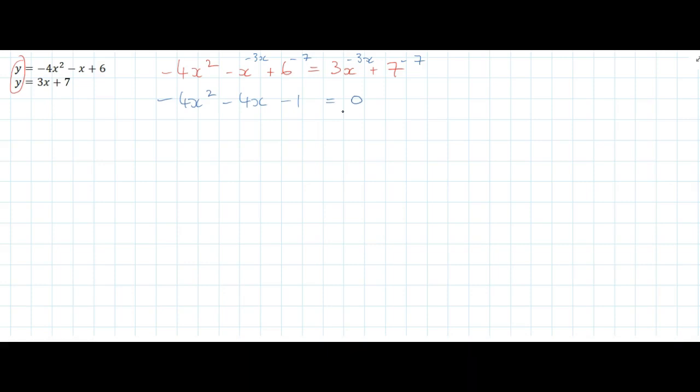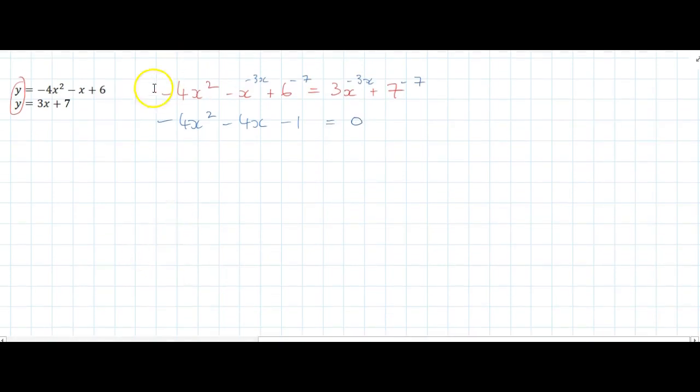It's a non-monic, so it's a negative 4 in front of x squared. There's no common factors through this, so it's a little bit trickier. There's a little bit of a trick. If I want to get rid of this negative 4, not that we can't solve it with the negative 4, but having a positive makes it a lot easier. We can move everything over to the other side, which I should have done in the first place, but not to worry. So we're going to add 4x squared, add 4x, and add 1 to both sides, which means we're left with